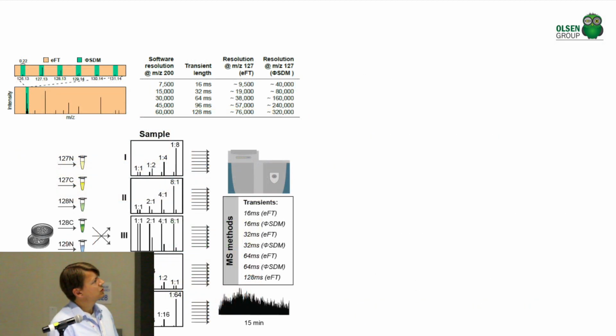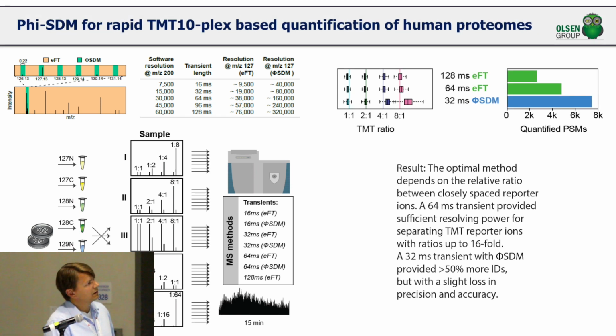And to do that, Christian basically tested it directly against the traditional enhanced FT methods using the different resolution settings that are available on the Exactive HF-X. And he found that using the normal eFT method, we can use the 64 millisecond method that is equivalent to 30,000 resolution. But with the new Phi-SDM, we could go down to only 32 millisecond transient times for the 15,000 resolution method, allowing us to do very, very fast acquisition now